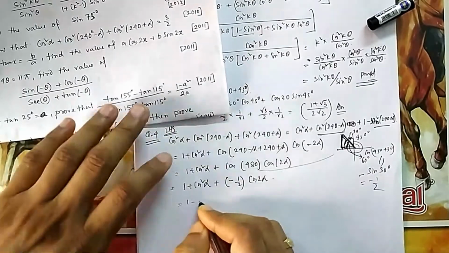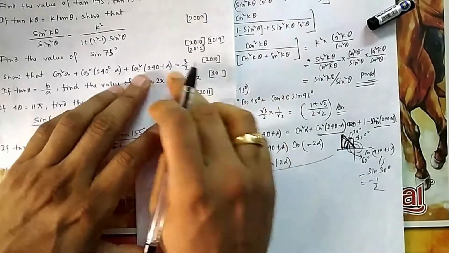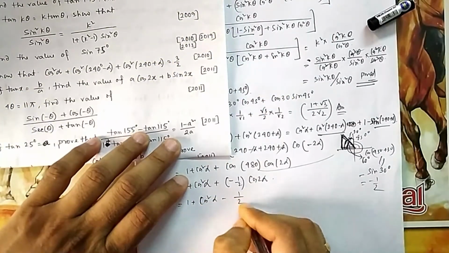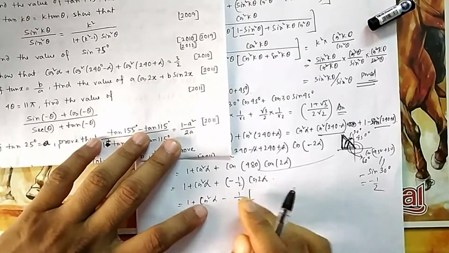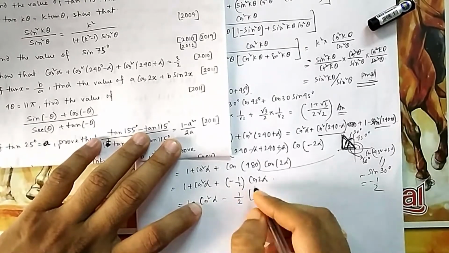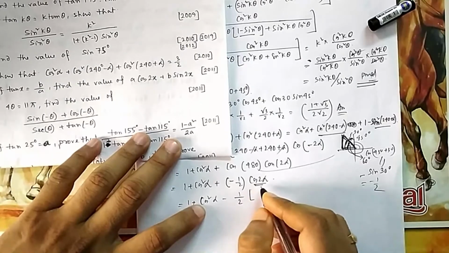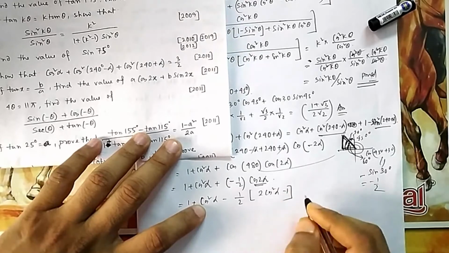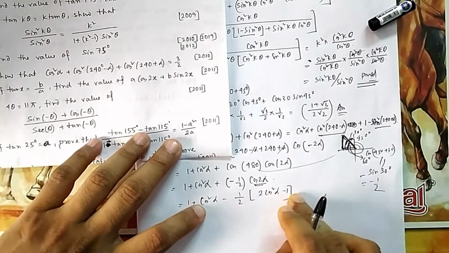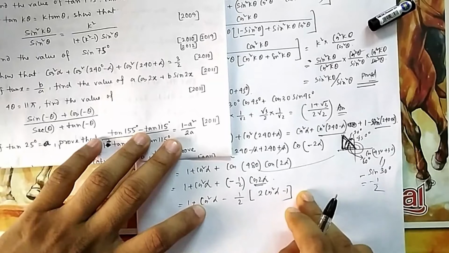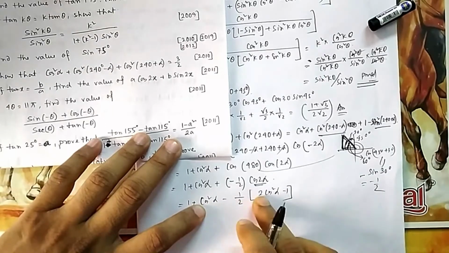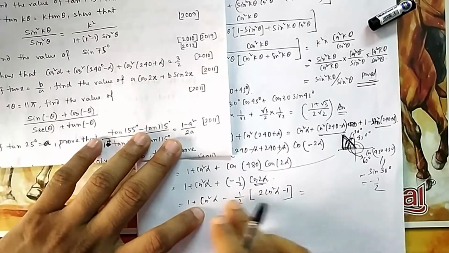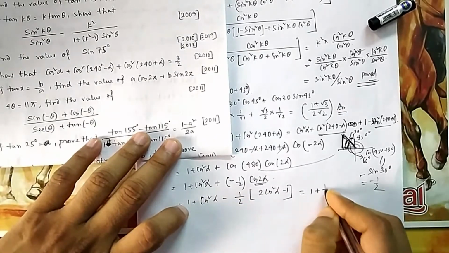So now, because you are left with cos square, you need to eliminate it, because the answer is only 3 by 2. So you see which formula gives you the option so that one cos square alpha would come here and it can get cancelled. So for cos 2 alpha, there are lots of formulas. One formula is 2 cos square alpha minus 1. 3 formulas are there: cos square alpha minus sin square alpha, 2 cos square alpha minus 1, 1 minus 2 sin square alpha. Because I need this cos square to get cancelled, if you open the bracket, 2 and 2 get cancelled, this will get cancelled, so it will be 1 plus half, that is 3 by 2.